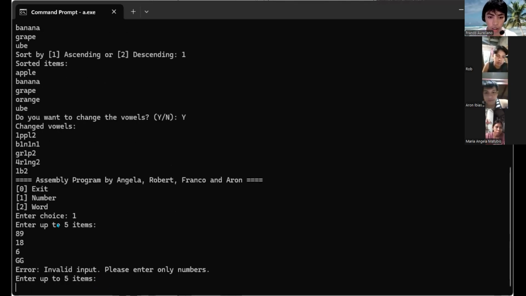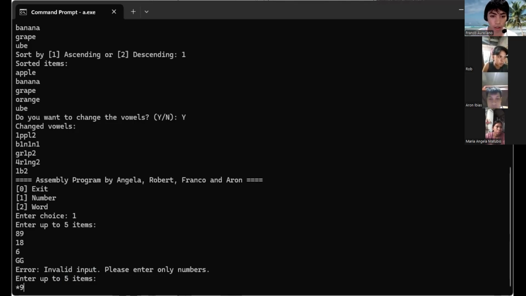And here's the input validation. It shows an error that this is an invalid input, please enter only numbers. Since we typed G, it will prompt an error.